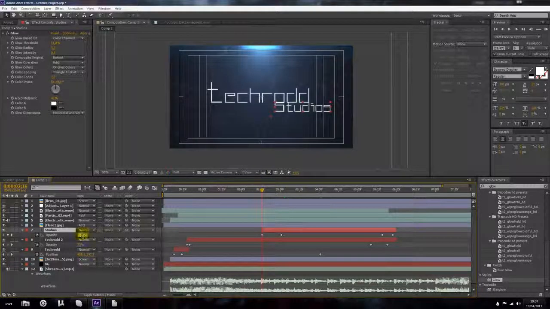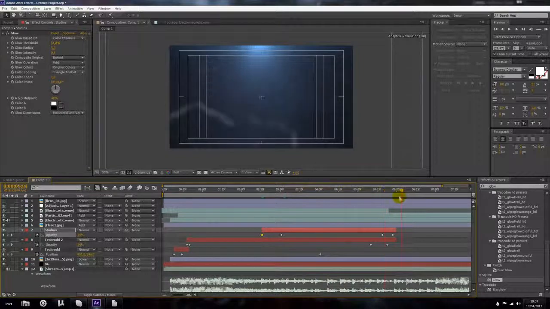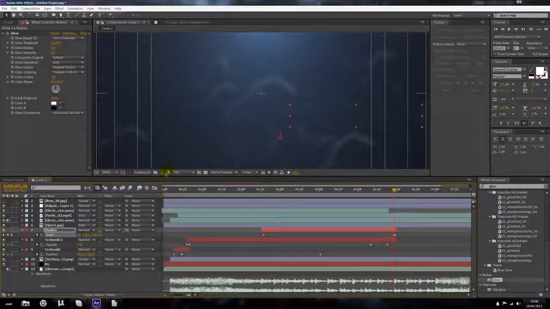This one fades in, sorry. And also zooms in. And its position changes as well. So just do that. Maybe zoom in a bit less. It's hard to see, but I can see it. Got a big screen, so